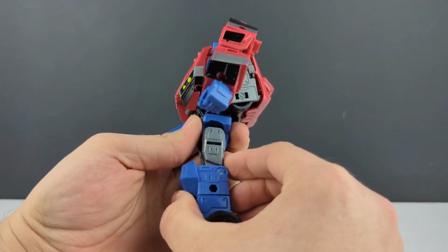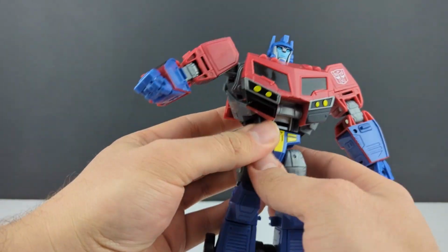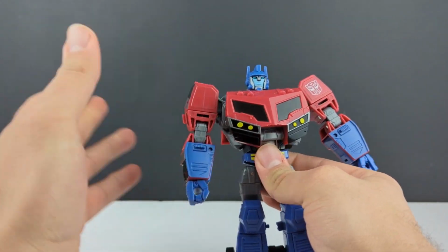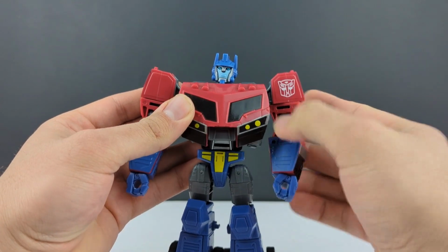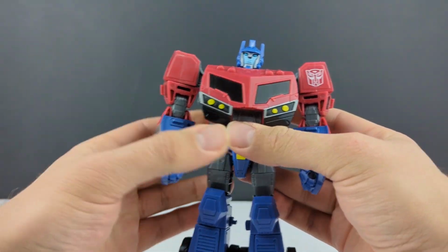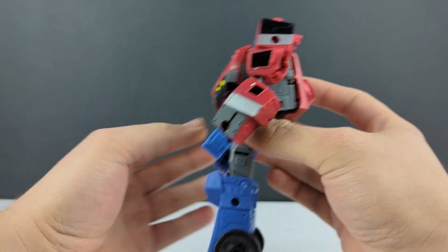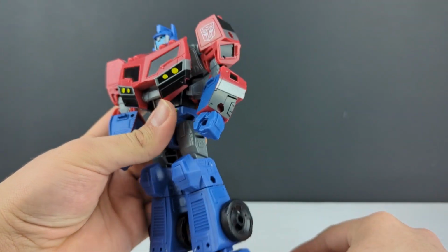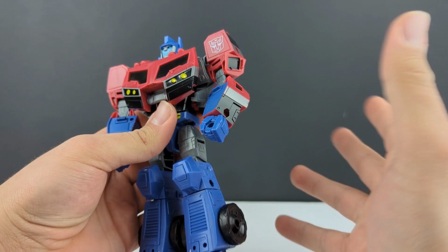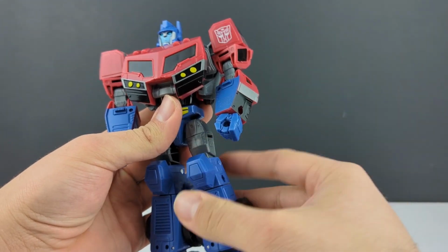Now, there is a little notch here in the knees, and I thought this was incredible when I found it out. So if you get his arms just right, just off to the center like that. Now, you would think, you know, knees, just have them go straight up and down like that. Well, this is animated, and a lot of those, you know, some of the old concept art and promotional